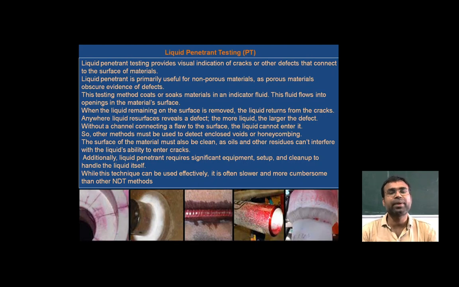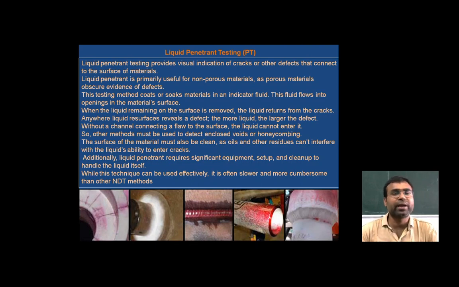This liquid penetrant testing provides a visual indication of a crack or other defect that connects to the surface of the material. It just takes the surface or the subsurface which is touched to the upper part of that particular surface crack.